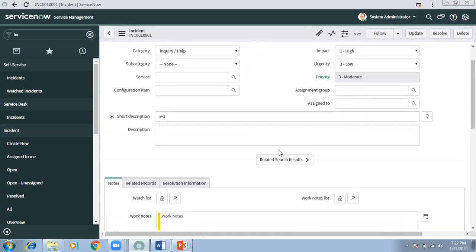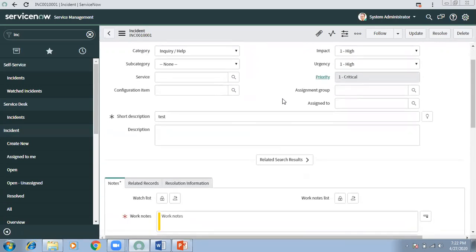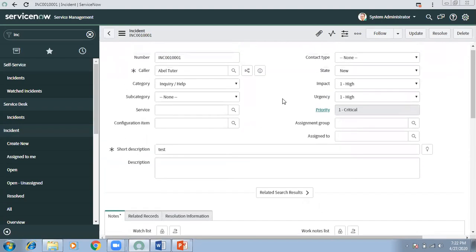That is what you need to identify. If the client says that as soon as someone changes the priority, he needs to put comments or work notes in the ticket, then think in real time: an end user or support user, from where can he change it? He cannot run a background script, right? He doesn't have permission to write scripts in ServiceNow. Even if he knows ServiceNow very well, he doesn't have that much access to run a background script and change the priority from the background. That he cannot do for sure in a real-time scenario.